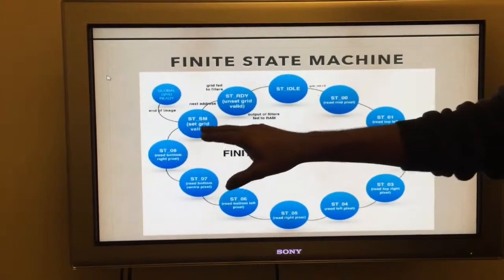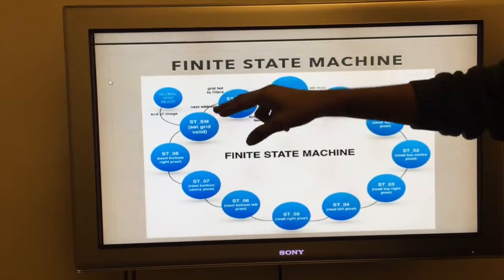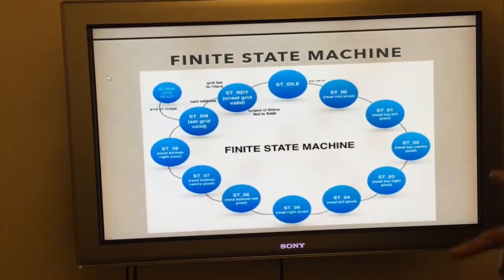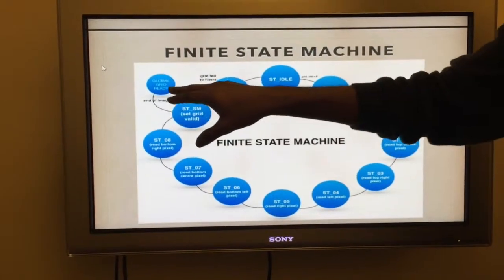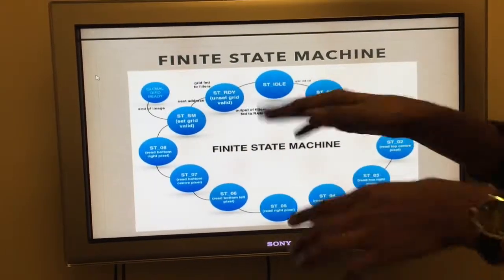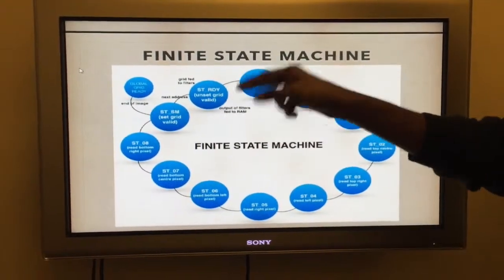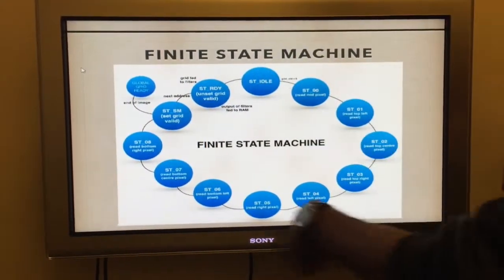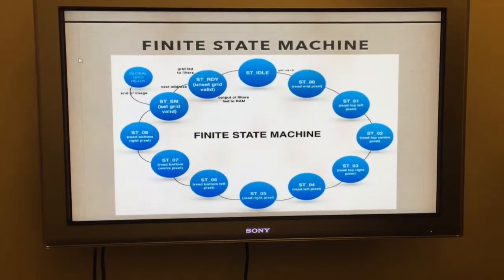After that is done, we set grid valid equal to 1, which will invoke the functions, that is the Sobel filter and the smooth filter functions. In case all the pixels are done, it moves on to global grid ready, which is basically the end of the process. If that is not the case, we move on to state ready, which unsets the grid valid, and then we do the whole thing again for all the pixels in the image. So this is our finite state machine.